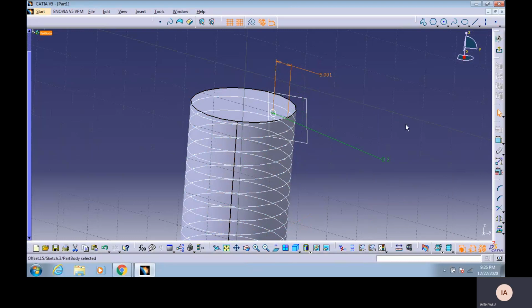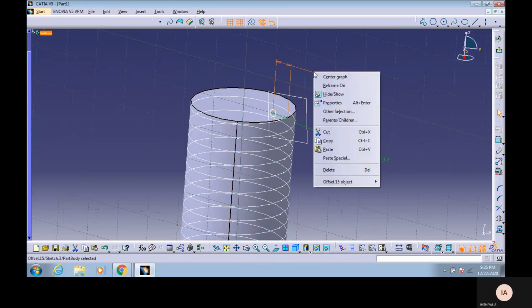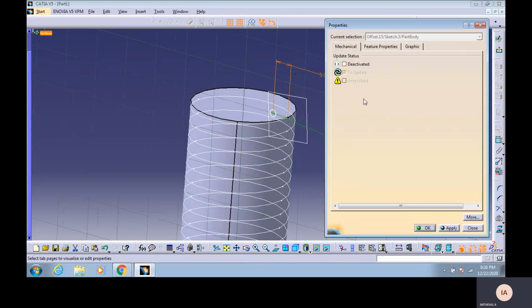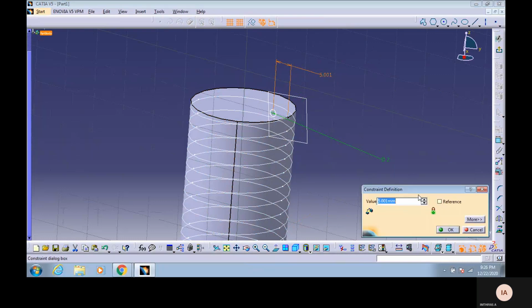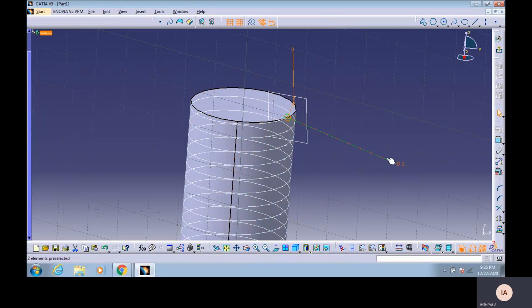Actually, we have to make this circle coincide with this point. So now the point as well as the circle coincide with each other.